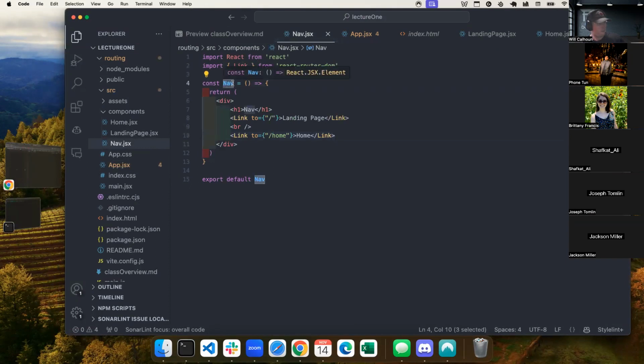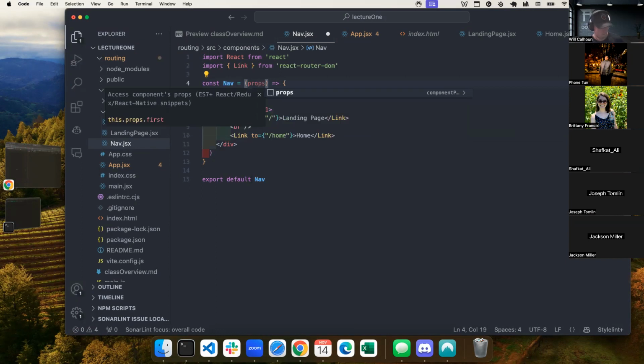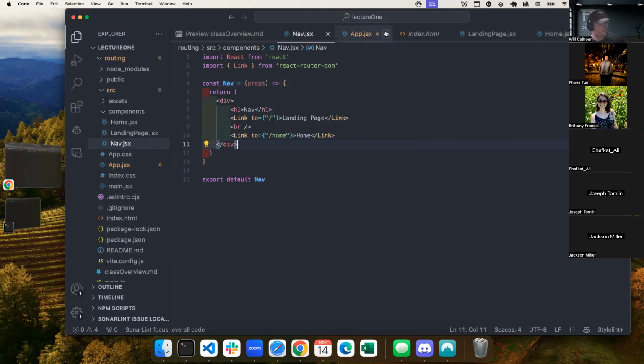Const nav. Let's try that. Export nav. Nav.jsx.